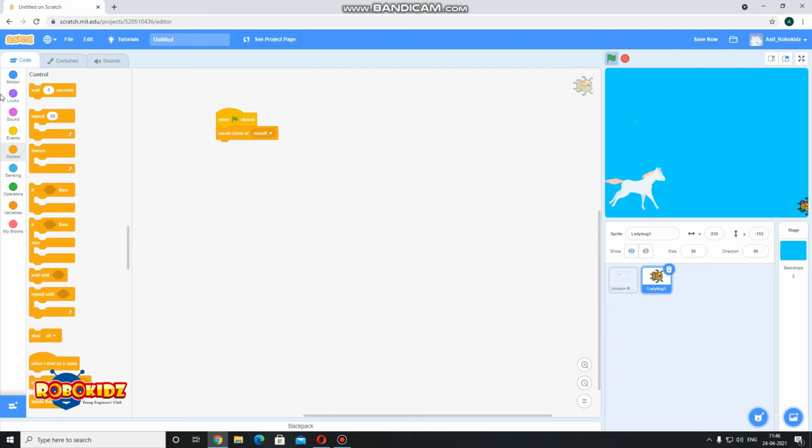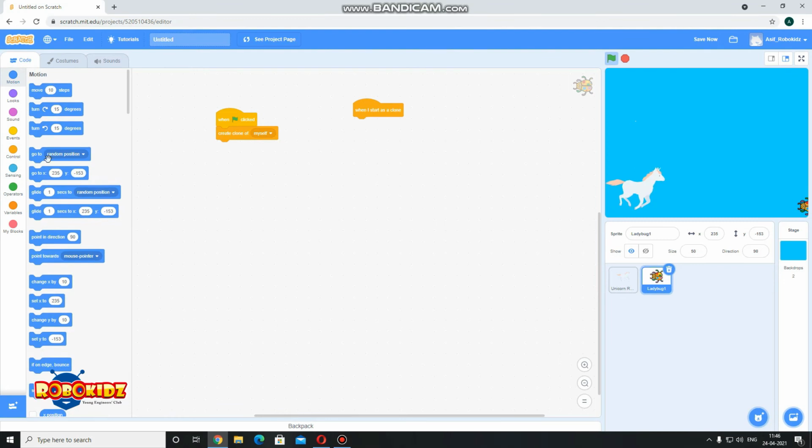So when the clone starts its journey, it should glide. So we'll go to control, we'll take a "when I start as a clone" block, then we'll give its position here, and from this position it should glide.